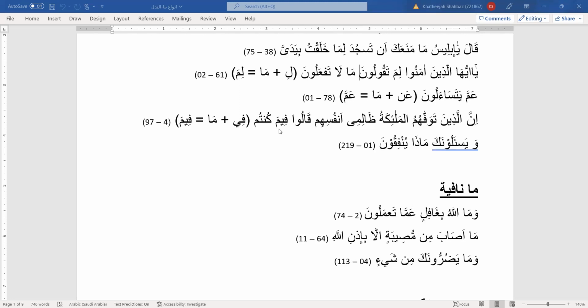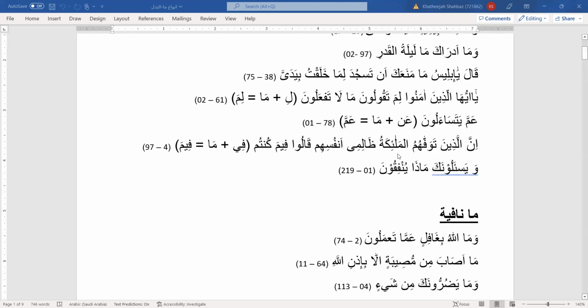So again, this is ma istifhamiyya, but when it is attached to a harf jar, the alif is gone. And sometimes the ma istifhamiyya comes with za, maza, instead of ma. For example,